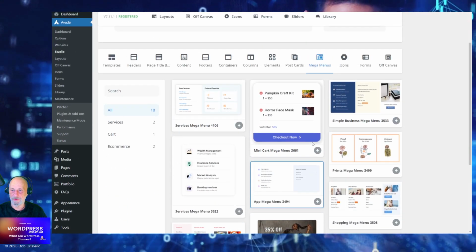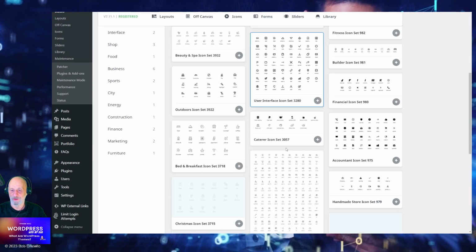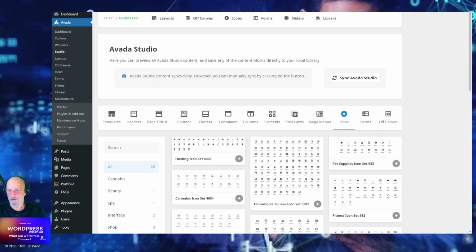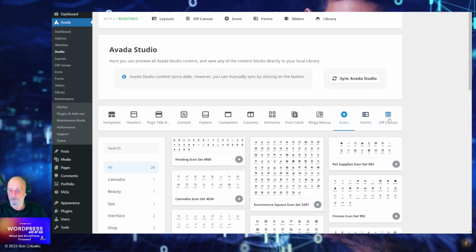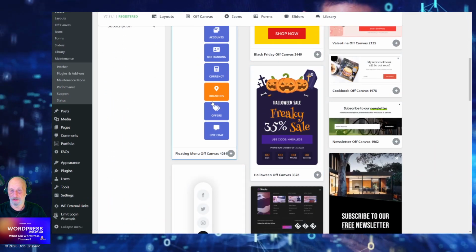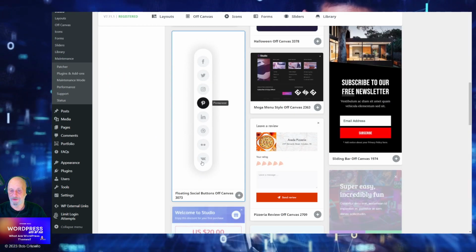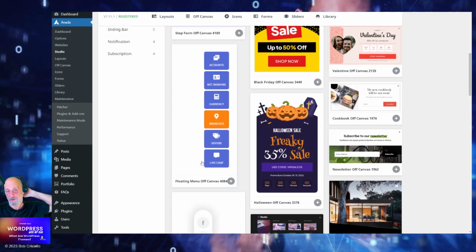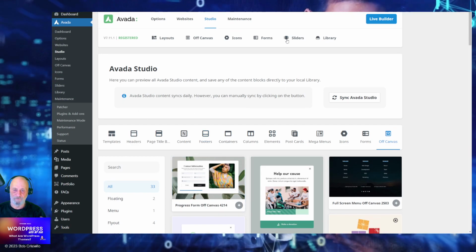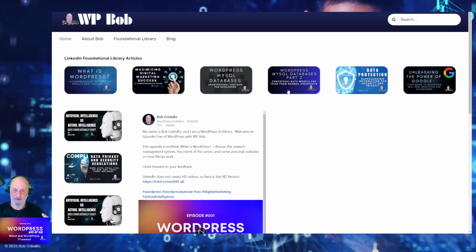Mega menus, every icon that you could possibly ever want to use, and you can control the color of everything. Forms, off-canvas stuff like pop-ups and calls to action, sidebars, social sharing. The list goes on and on and on. And this is what you get with a fully mature paid theme.